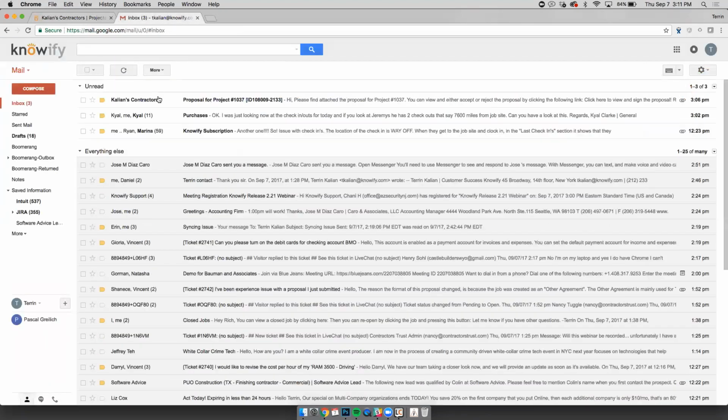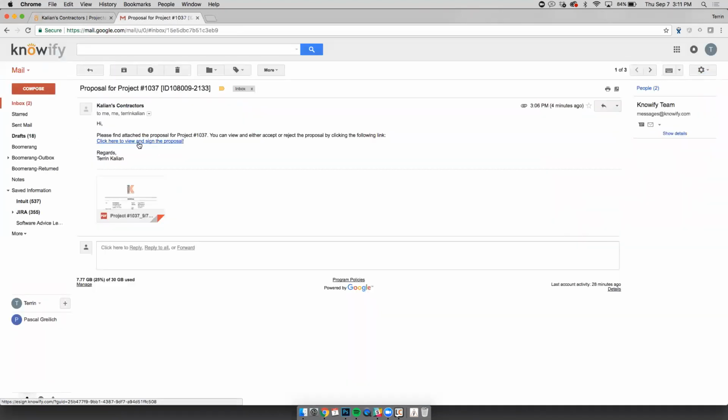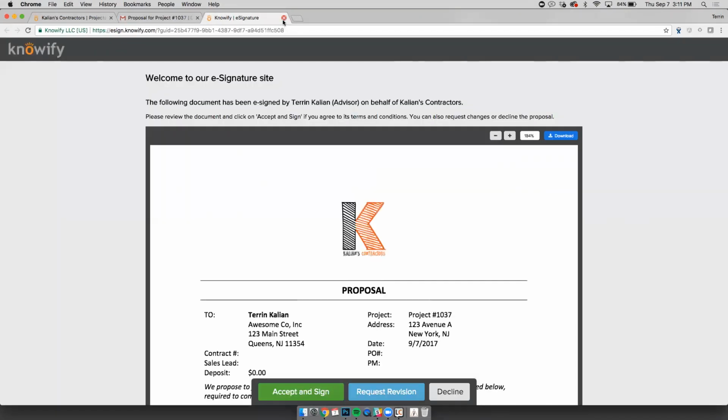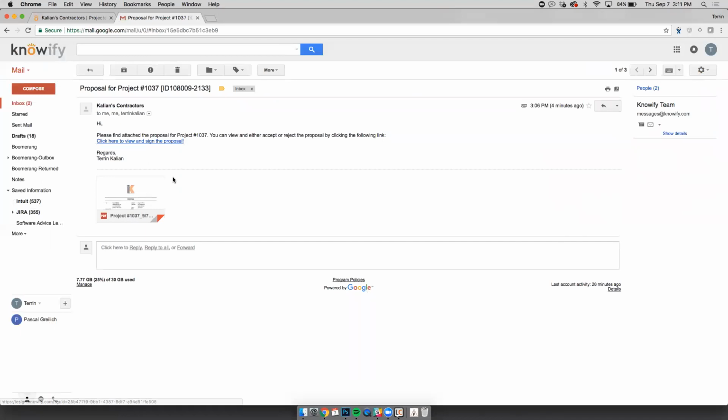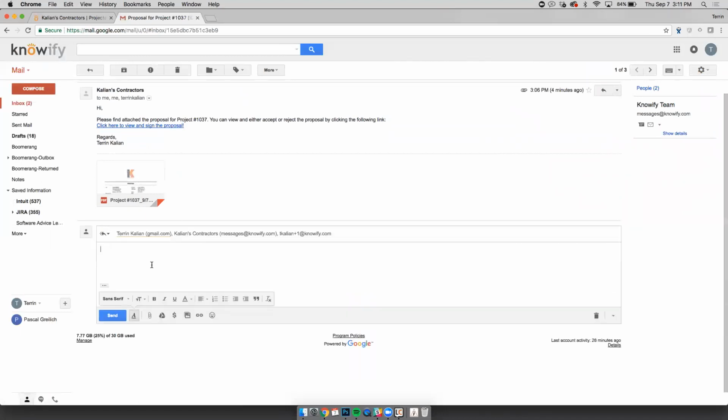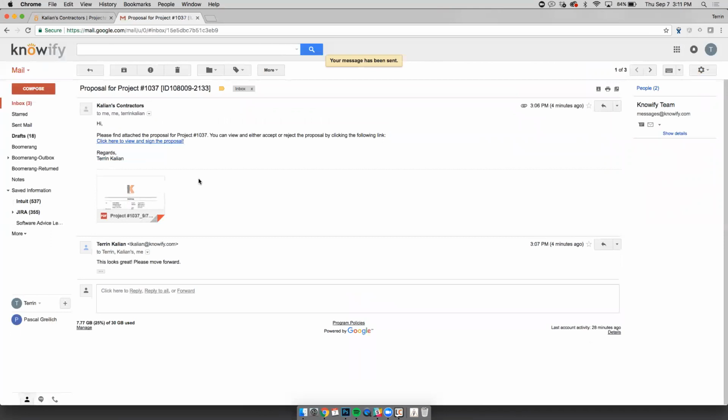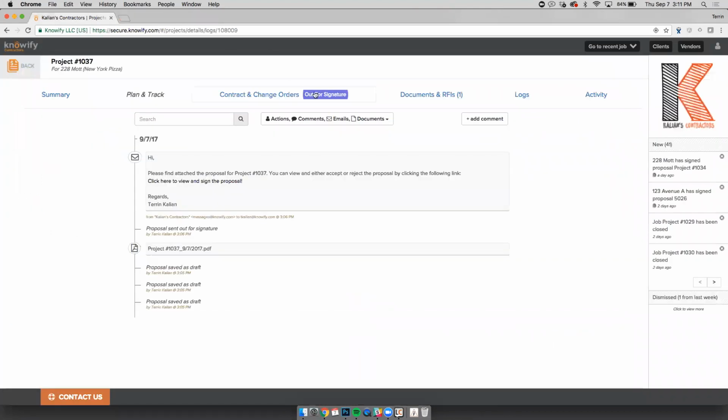And in general, we would want them to be able to open this up and click here, sign the document in Knowify. But we found that very often, a client isn't going to click the link, but what they will do is say, this looks great, please move forward. Now, obviously, you're going to get this email, but in the interest in keeping everything in one place, Knowify can identify that this email contains this ID in the subject line, which means if I come back to my logs,